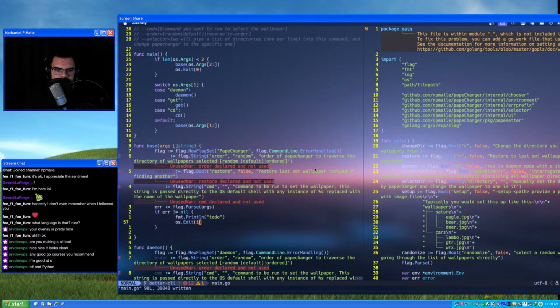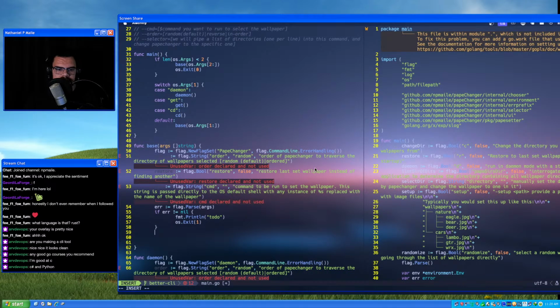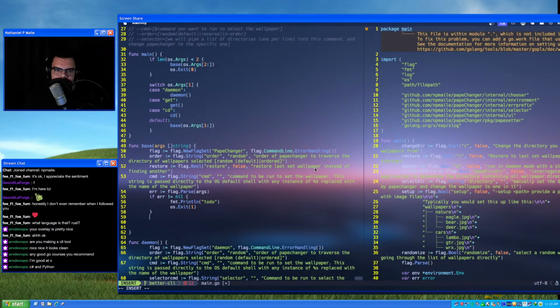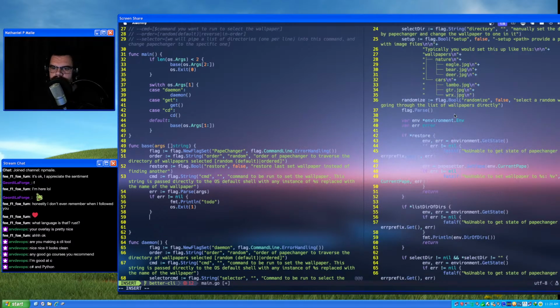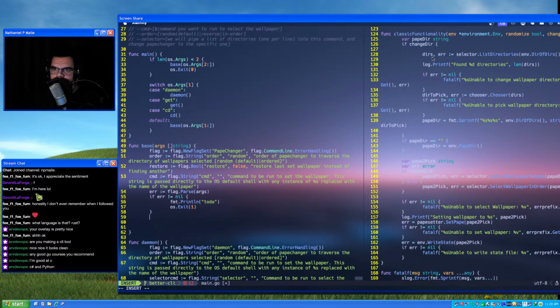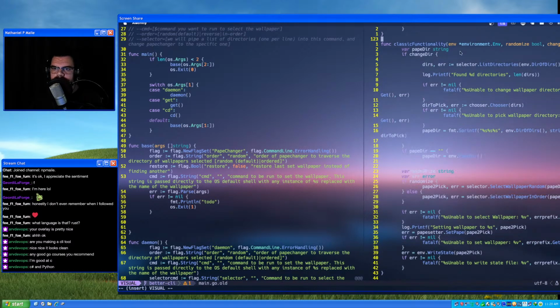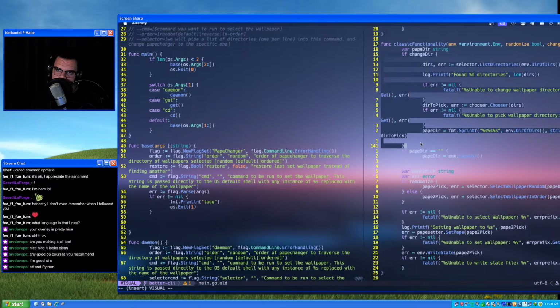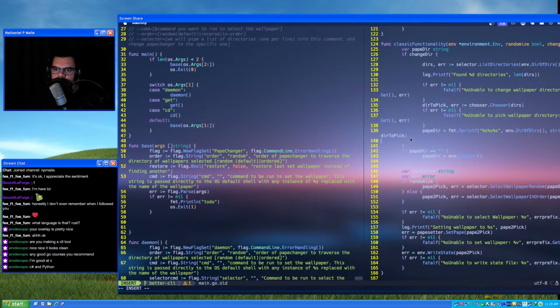So after you parse the arguments, what do we do? First flag will be order, which shouldn't be too bad. If we look through the old thing, your classic functionality, we get the pape directory. If we're changing the directory, it would do something else, but we're not going to worry about that.